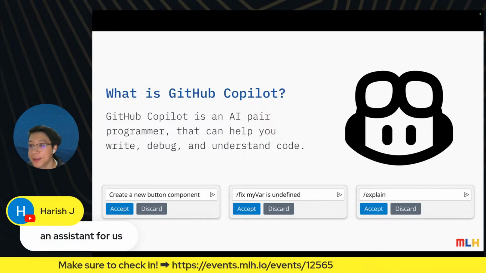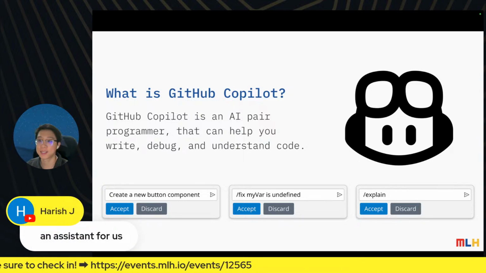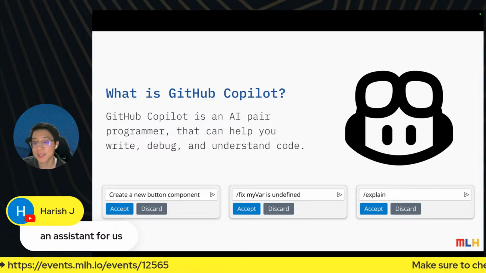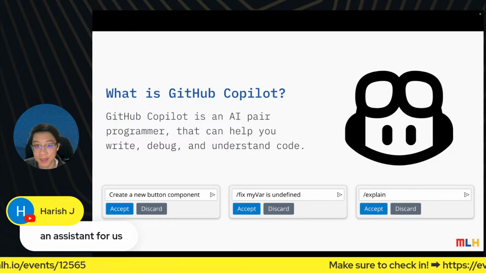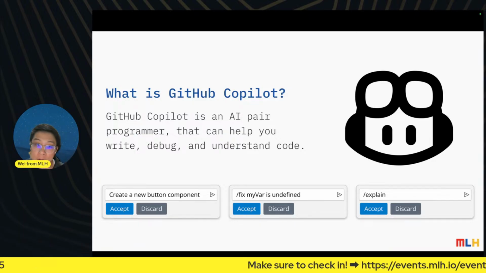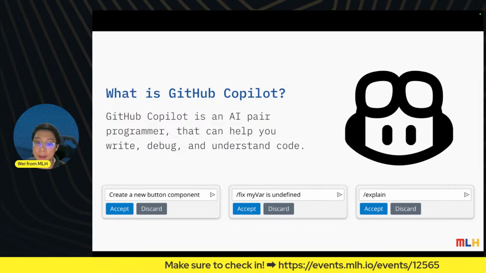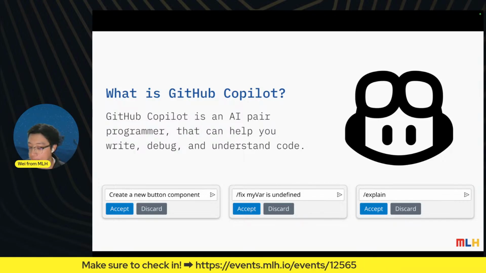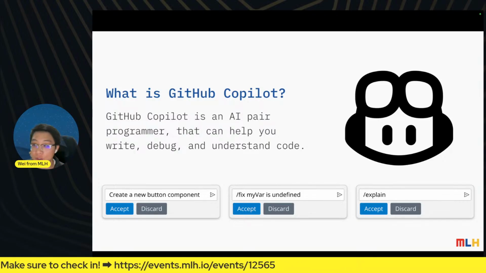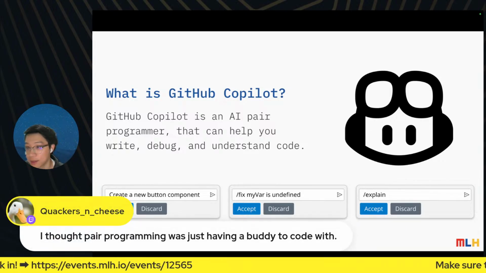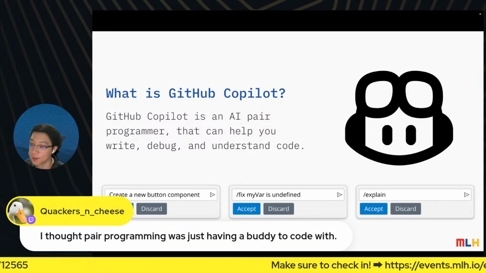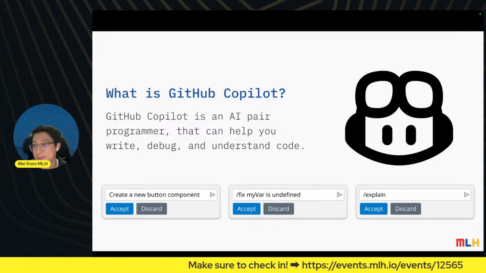And we have an assistant for us, exactly. So GitHub Copilot is indeed an AI assistant to us. As far as pair programmer goes, in the past, a pair programmer is someone who looks over your shoulder. All right, we have another definition here. Pair programming is just having a buddy to code with, yes. Thank you for that.